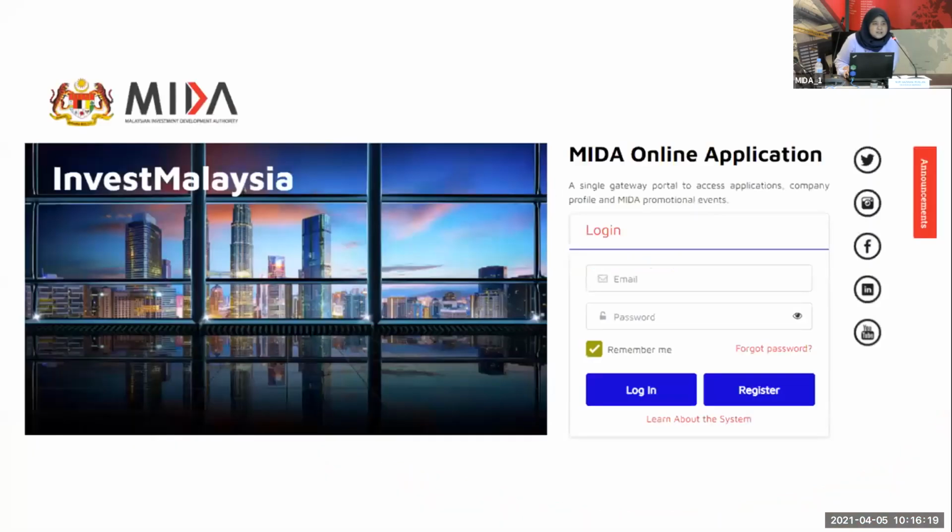Okay. Those companies that have been using the Invest Malaysia website since last year, July 2020, or maybe since SPM, those who have applied for SPM before, you will notice that we have a new login page. This is the new login page since we launched the manufacturing license incentive and the expected post application last week.